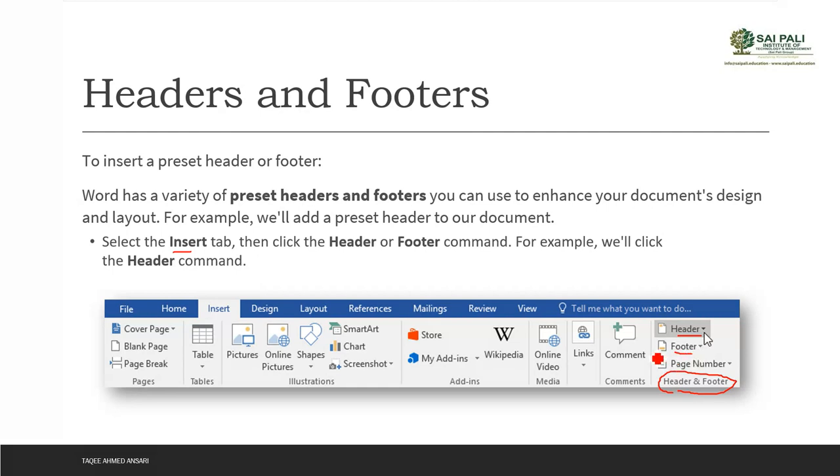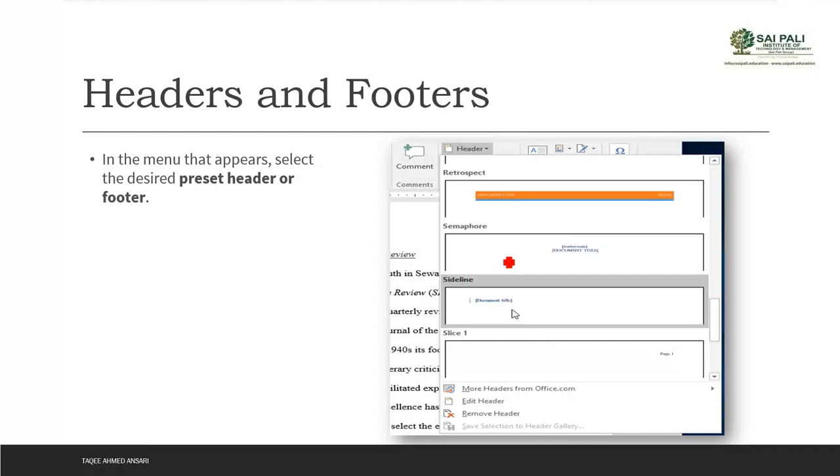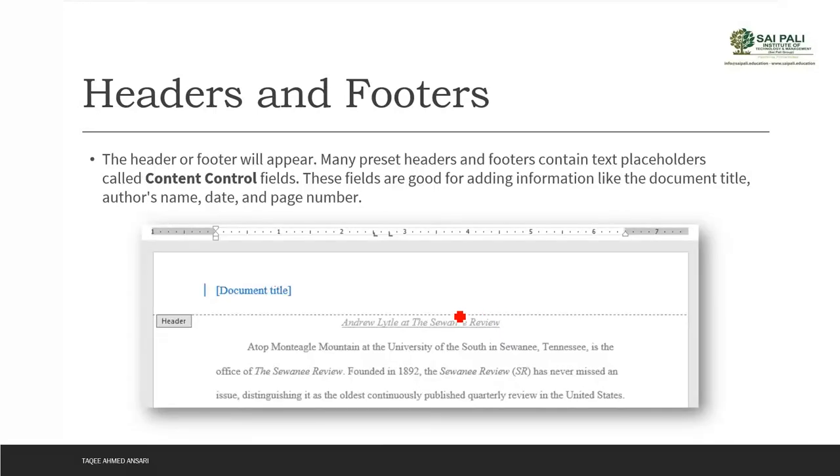Now when you click on that, it will open a drop down like this, where you can see some preset header or footer designs. Whatever you like, you can just select, and then that style of header or footer will appear in your document. Just like here in the image, I have added a document title.